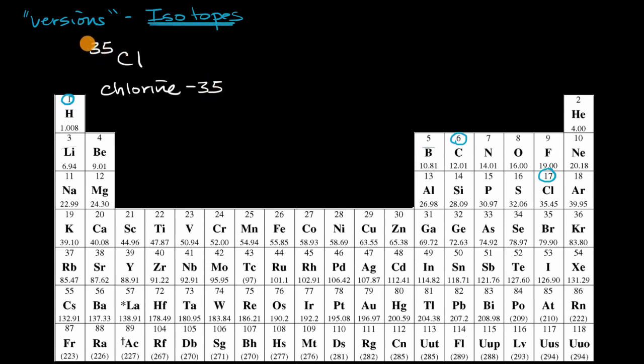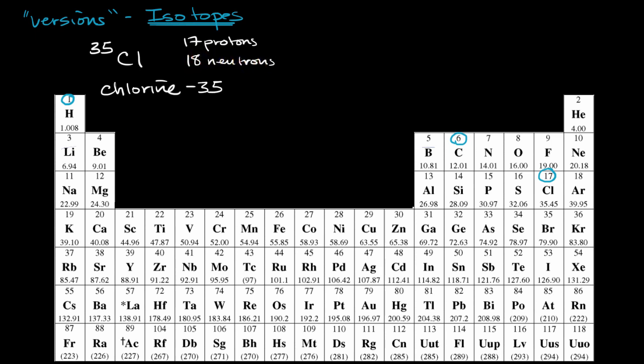Chlorine-35. And this isotope notation that you see over here, where we have 35 in the top left, that 35 is a sum of this version, this isotope of chlorine's protons and neutrons. This number 35 is this isotope of chlorine's mass number. So if it has a total of 35 protons and neutrons, how many neutrons does this version of chlorine have? Well, it's going to have 17 protons. I know that because we are dealing with chlorine. So how many neutrons will it have? Well, 35 minus 17 is 18